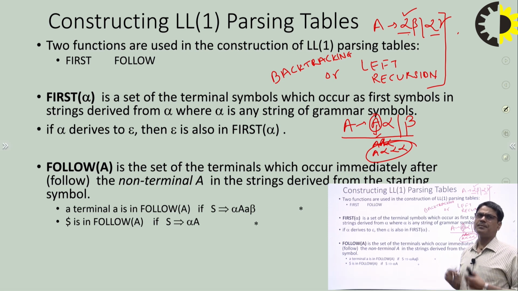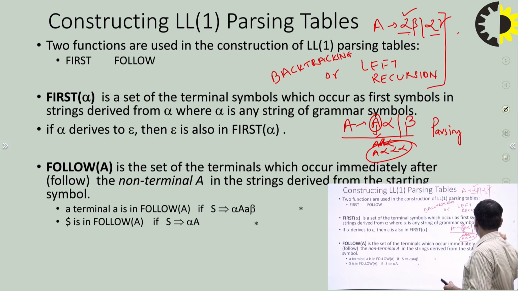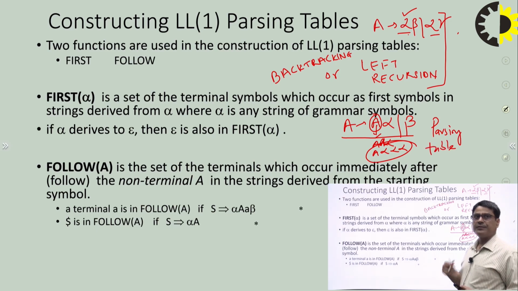If you are talking about any parsing procedure, the basic outcome of parsing is the parsing table. Basically, that parsing table is used to verify whether the given language belongs to the grammar or not, meaning whether it is a correct language of that grammar or not. So in the overall process of parsing, we have to design this parsing table.